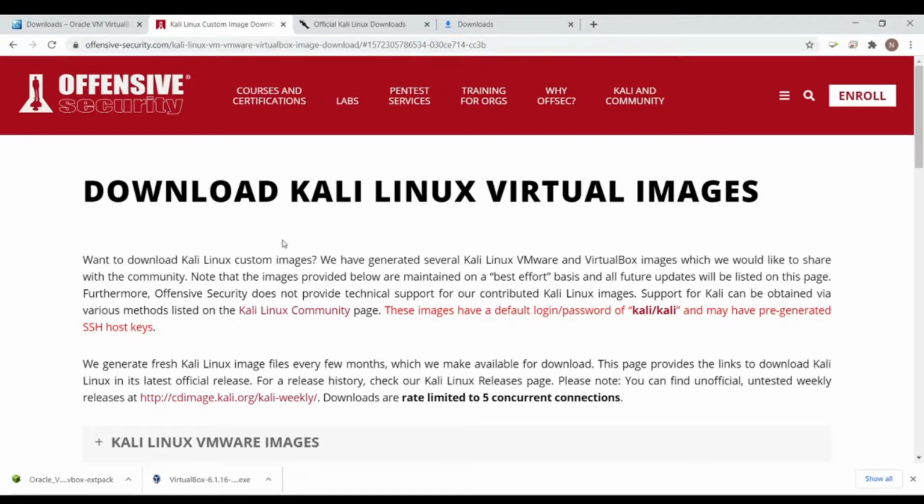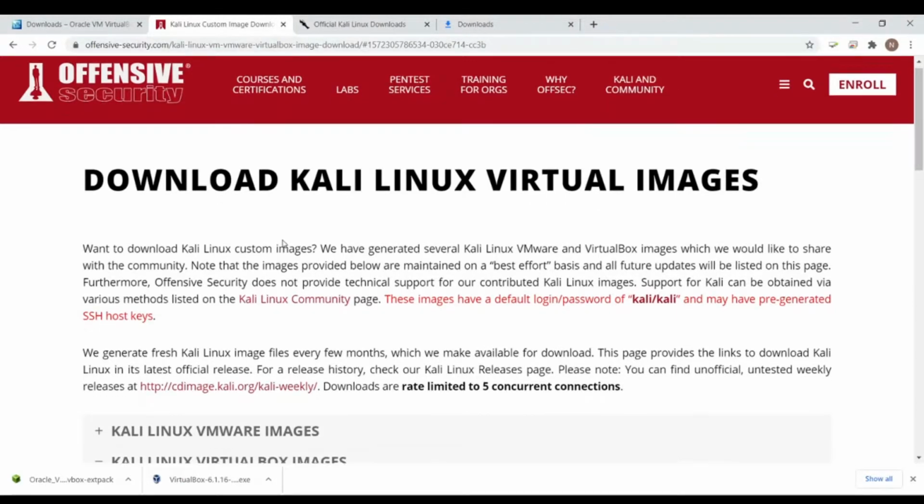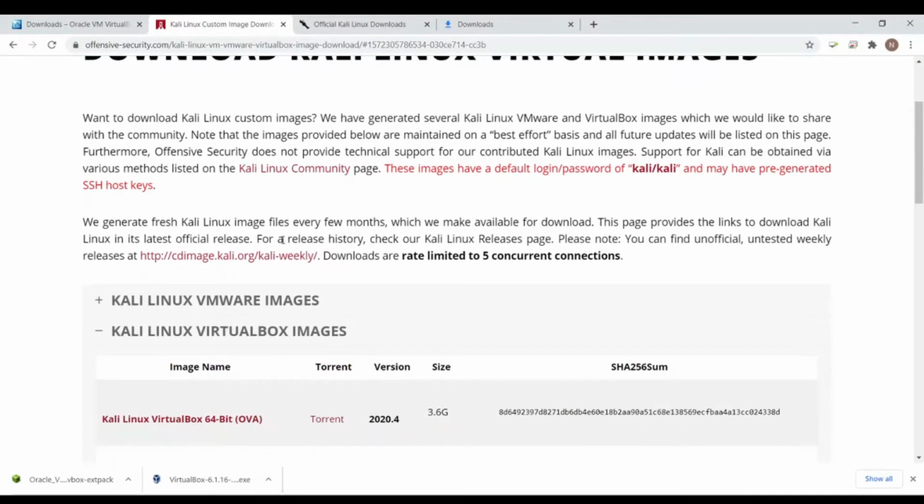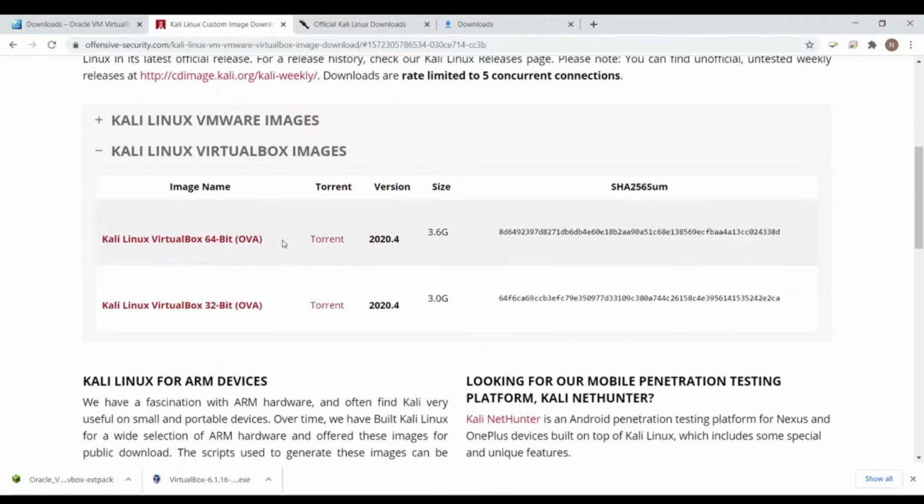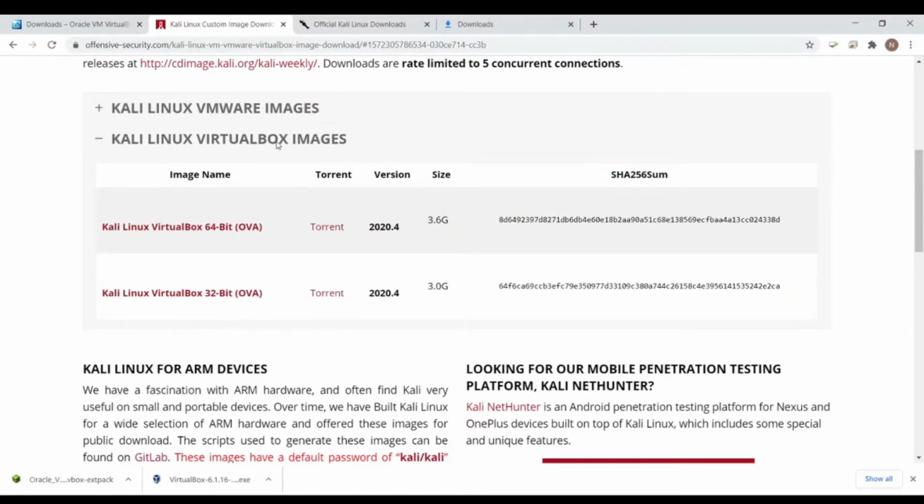Here is a website called offensive-security.com. This has a Kali Linux virtual image. So go to the Kali Linux VirtualBox images and click on the Kali Linux VirtualBox 64-bit OVA file. If you have a 32-bit laptop, then go for 32-bit. I have a 64-bit laptop, so I click here.